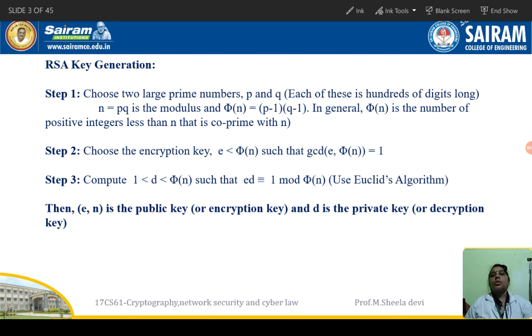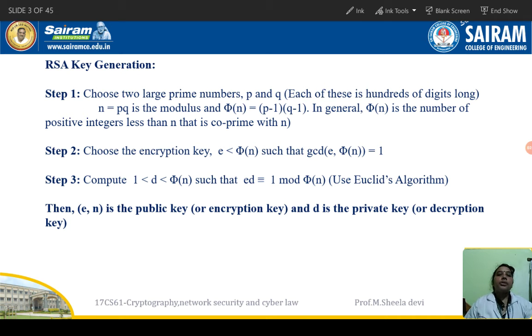Next, we have a few steps which involve these three operations. The first operation we'll see is key generation. The first step in key generation is to generate two large prime numbers called P and Q. Then we calculate the product of the two prime numbers, P and Q, which will be called N. With the value of N, the third thing is to calculate phi of N. Phi of N is equal to P minus 1 into Q minus 1.